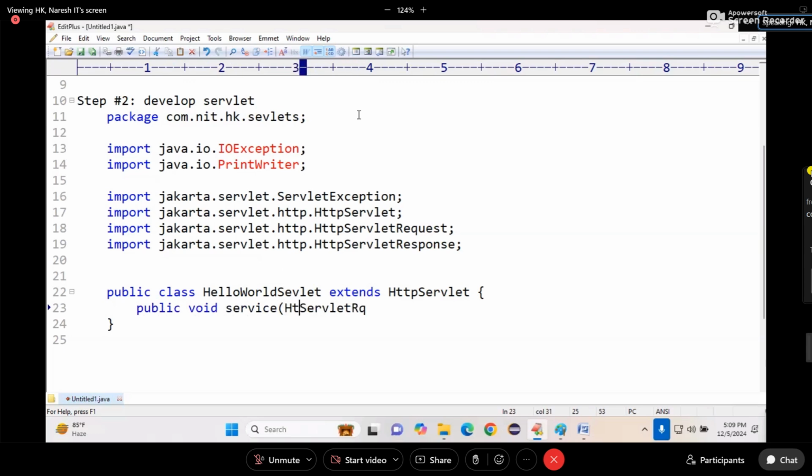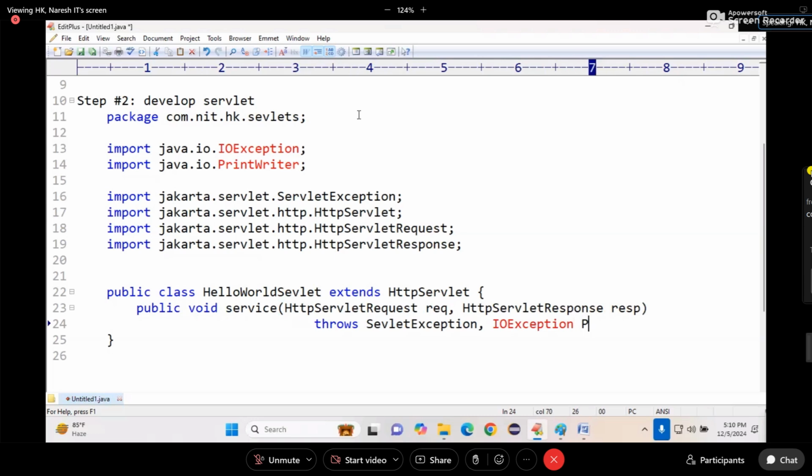HttpServletRequest req, comma, HttpServletResponse resp. Then I should write throws ServletException, IOException. Everything I only should write. The container is not writing it for me. Then next, come on, response dot